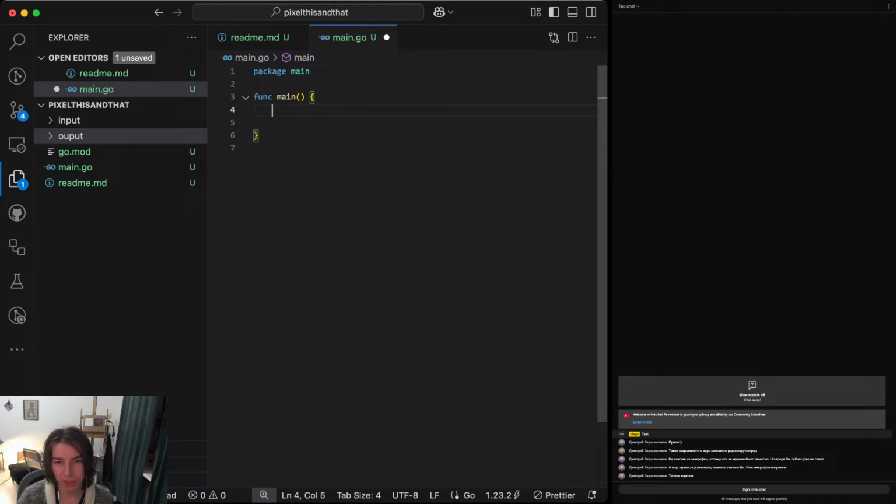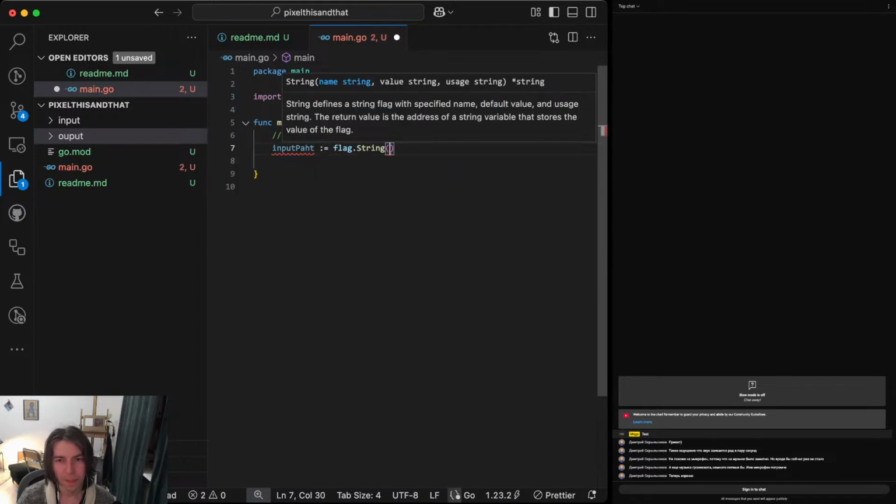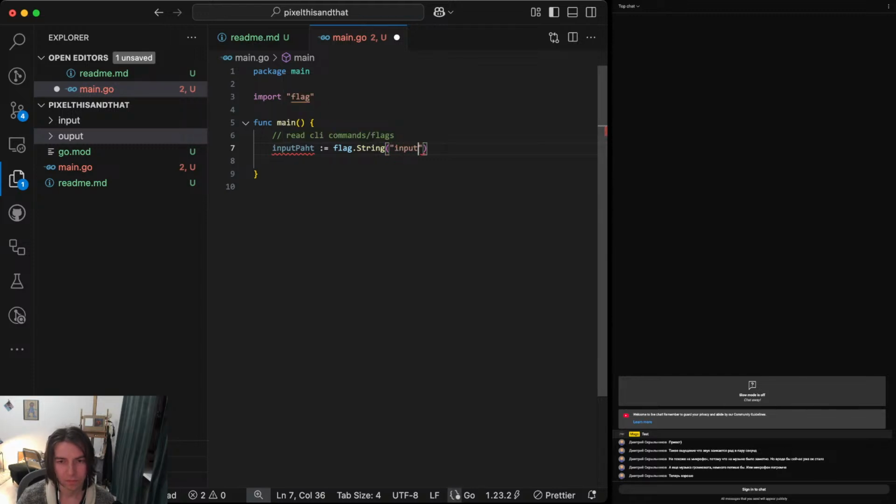What I want to do is make a command line tool that reads CLI commands and flags, and this would simplify usage of the thing, I assume, at least for the development phase. So the default would be, I assume,